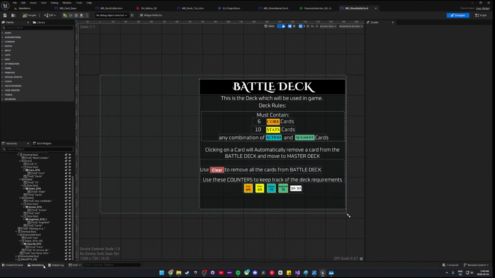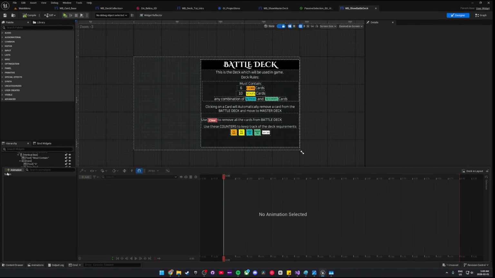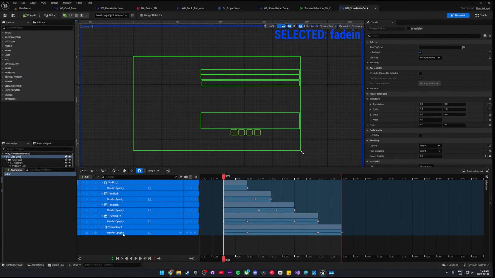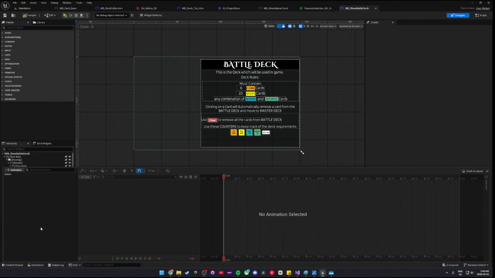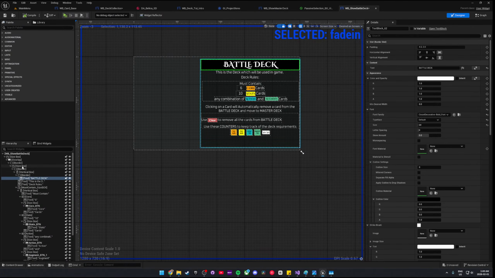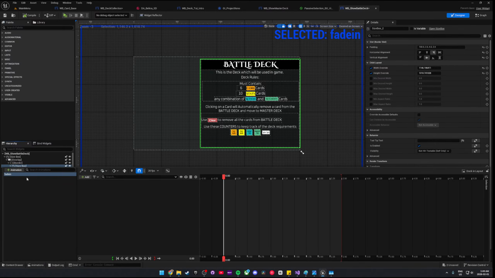So let's go ahead and fix the animation here. So we can actually do it one by one. We don't need to reuse any of this. So let's go ahead, select all of it, delete it. Let's start it one by one here. We're going to do the same fade in animation. So we want this battle deck to show up first. So I'm going to go ahead and select this size box. Should we do the border? No, size box is fine. And this is the main